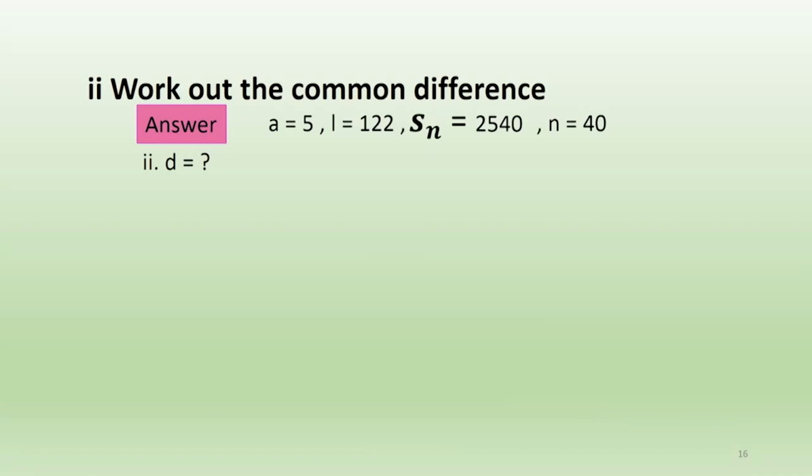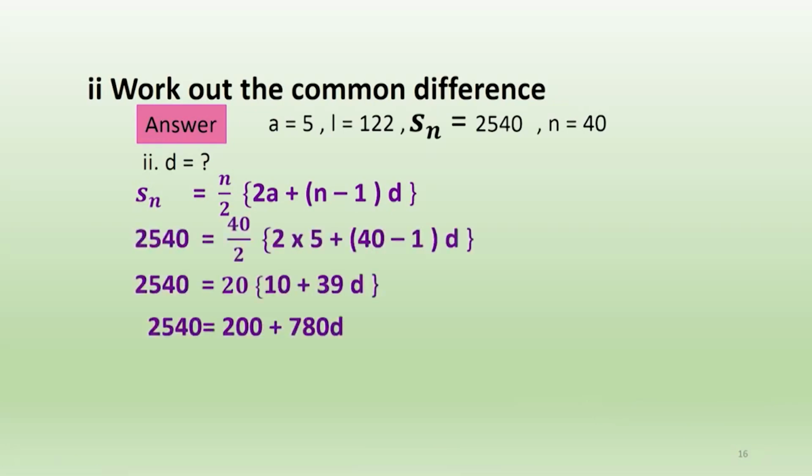Okay, then let's substitute that. Sn equals n over 2 times (2a plus (n minus 1)d). Sn is 2540, n is 40, so 40 over 2. 2 times a, meaning 5, and n meaning 40. 40 minus 1 times d. We don't know d, the common difference. Then 2540 is